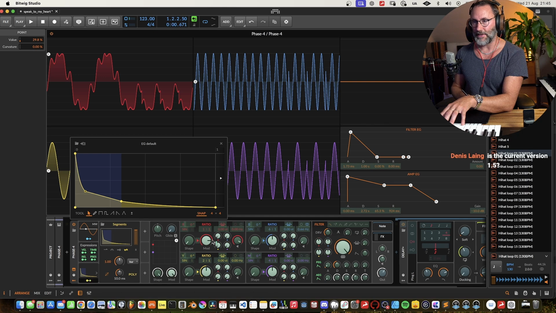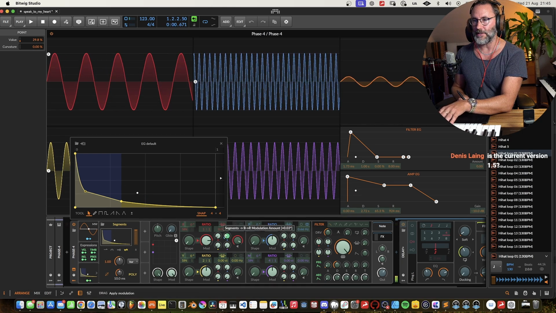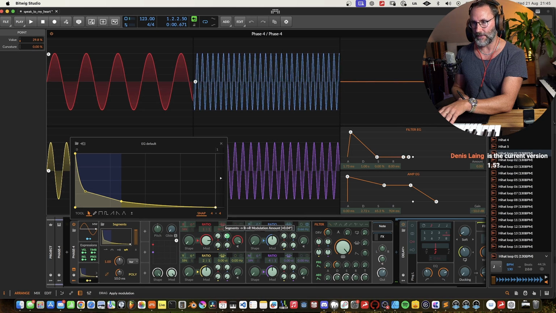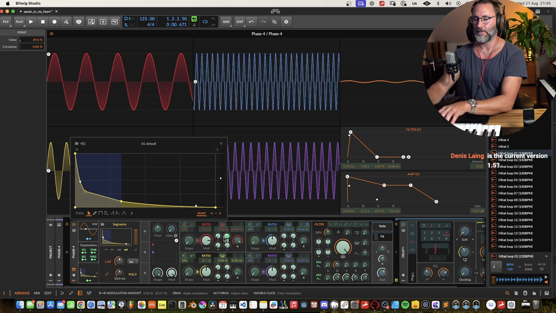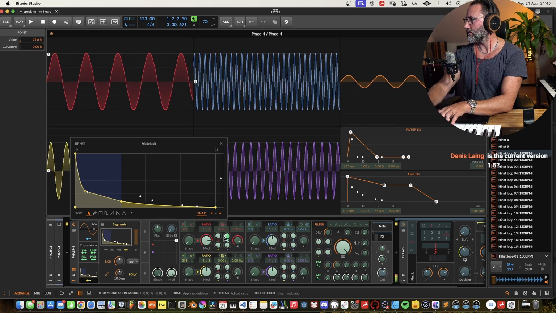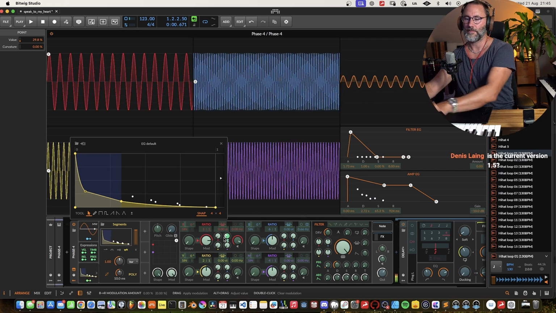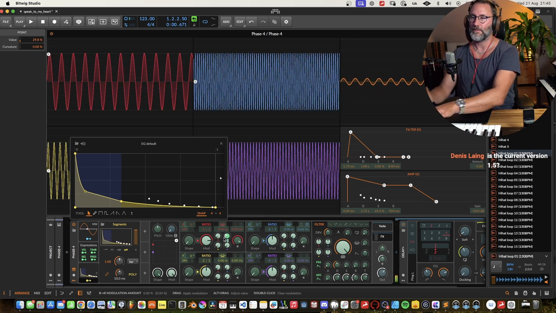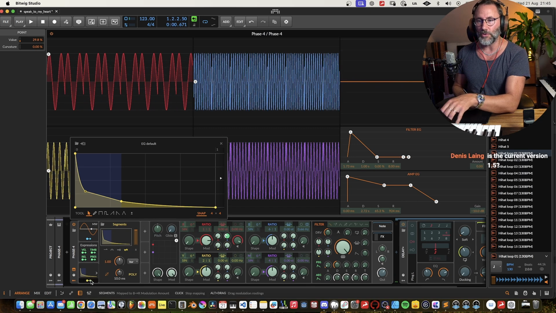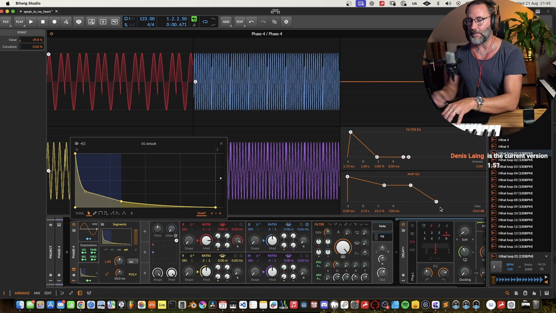Click the Learn button, or the mapping, and apply that to the modulation amount. And suddenly we have more of a bell sound rather than the pad sound.